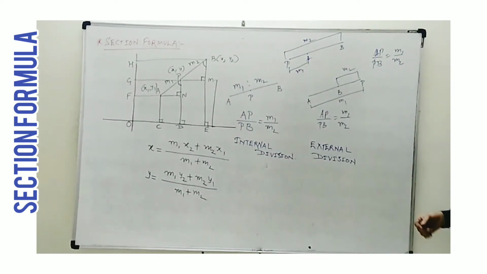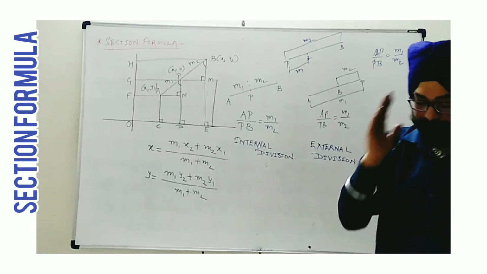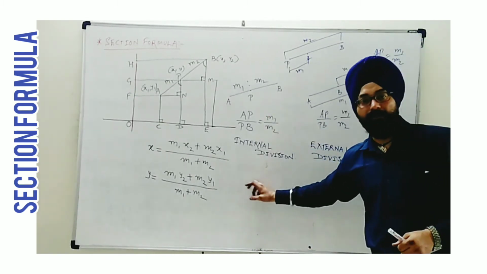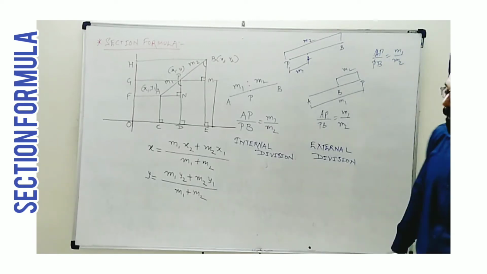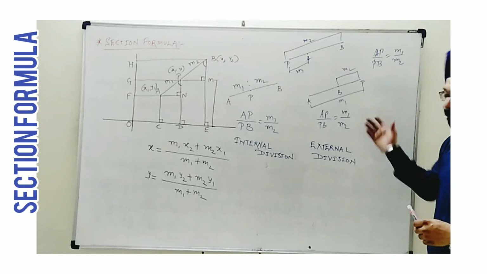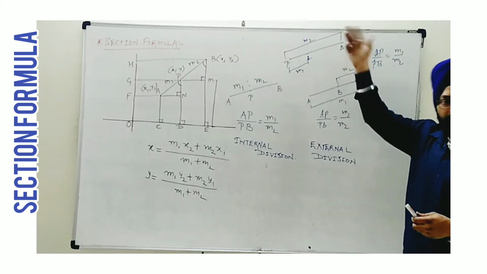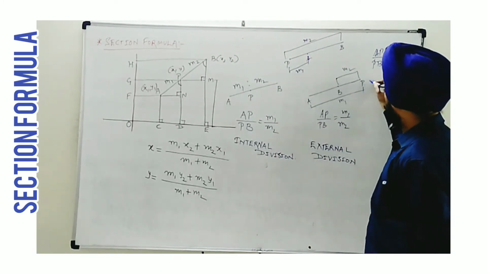But how does it affect the formula? As I said recently, and I will repeat my statement, in 10th standard CBSE, this thing is not available. So I can't promise that, but still in some exam this may be asked to you. So how does it affect? Here, if I consider external division, doesn't matter this case or that one, the sign will adjust them. That's why the direct formula can be applied.